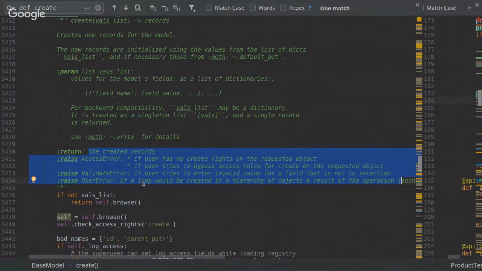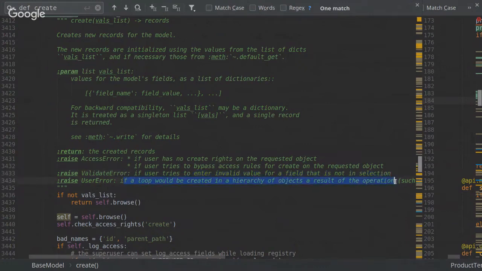So it will check if there is an access error, if you have no rights to create. If you are trying to bypass access rules, it will give you an access error. If there is an invalid value, again it will check it and give you a validation error. Okay,